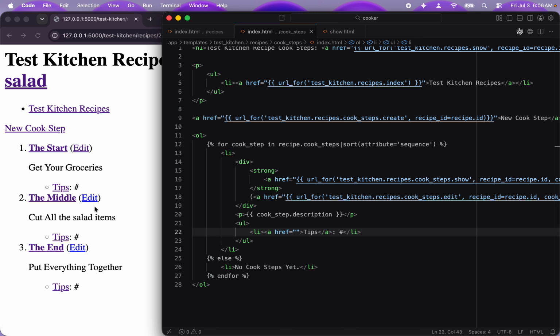So I'll let you flesh this out. So pause the video and then see if you can get to the index page here for tips. So that would show you a list of all those tips for this CookStep. And we'll flesh that page out too. And then see if you can get the number of tips for that CookStep. So let's say you pause now, and then I'll give you the answer. All right, so for